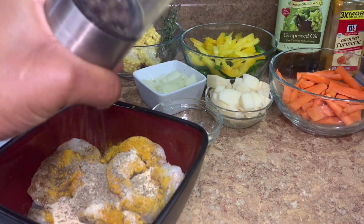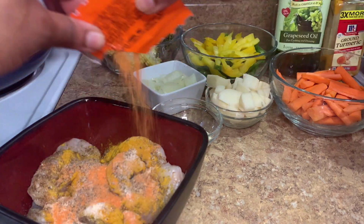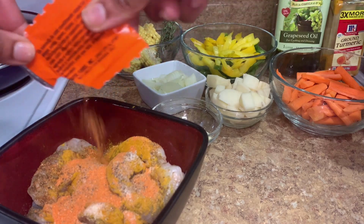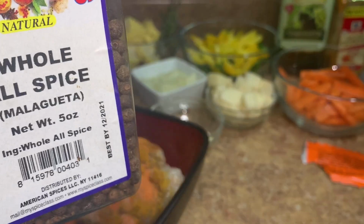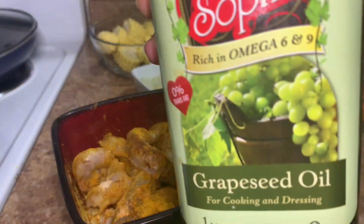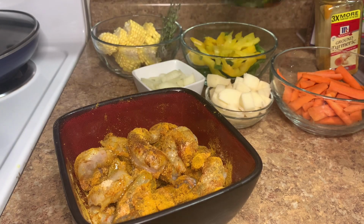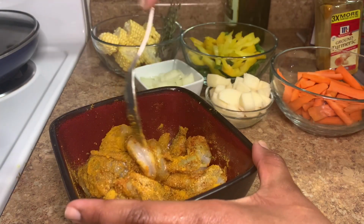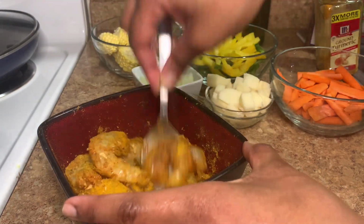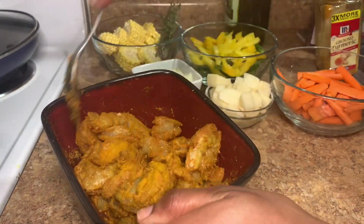And I also added a little bit of black pepper, around half a teaspoon of onion powder, and a little bit of that Sazon. This is my favorite seasoning, Sazon. Get that Sazon in. And I'm just gonna add a little bit of allspice, pimento seed, with a little bit of oil just to add some moisture so the seasonings can be distributed. And I'm just gonna go in and mix that and let it sit for a little bit